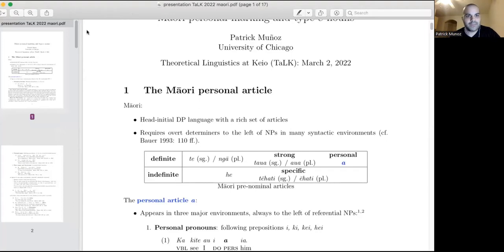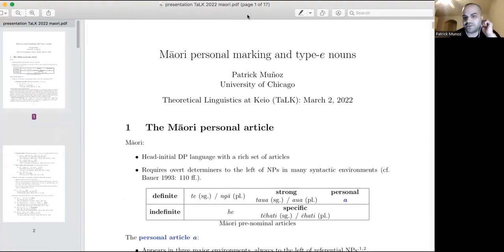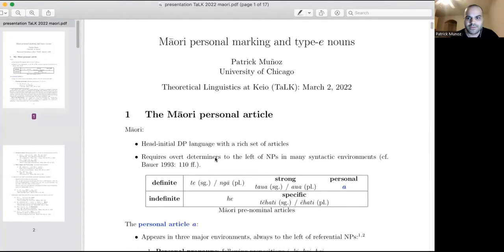Yes, okay. So I'm going to talk today about Maori and a certain marking that appears in the language that's puzzled me for quite some time. So this is stuff that I've done just by looking at the literature on Maori and reference grammars. I don't do field work on this language, and I think that in order to address some of these questions in more detail, you eventually need to do field work, but I have a preliminary hypothesis prepared just based on the basic distribution of this marking, what I think it is.